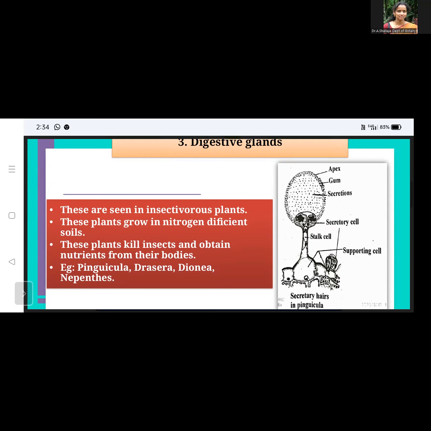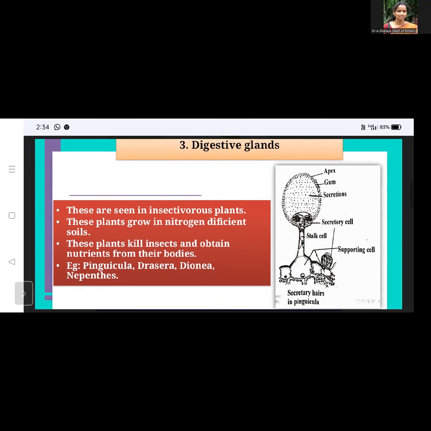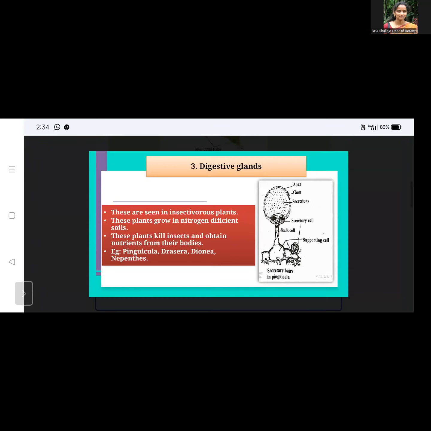Okay. So in the Pinguicula leaves, there are two types of secretory hairs. The hairs are 2 to 8 celled and secrete. So that hair without stalk, that is